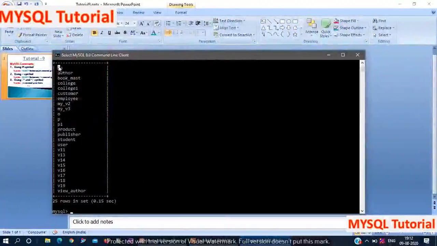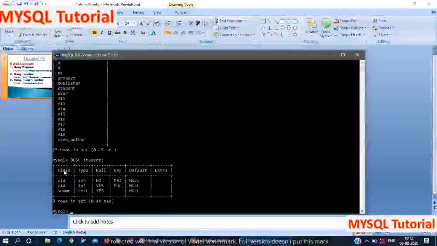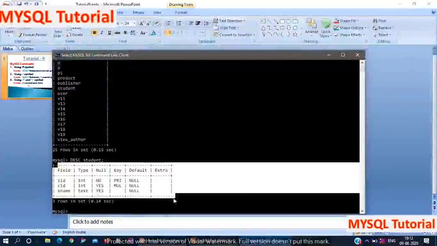In this, I use the table student. First I display the structure of the table. For that, describe, table name is student. This is the structure of the student table.